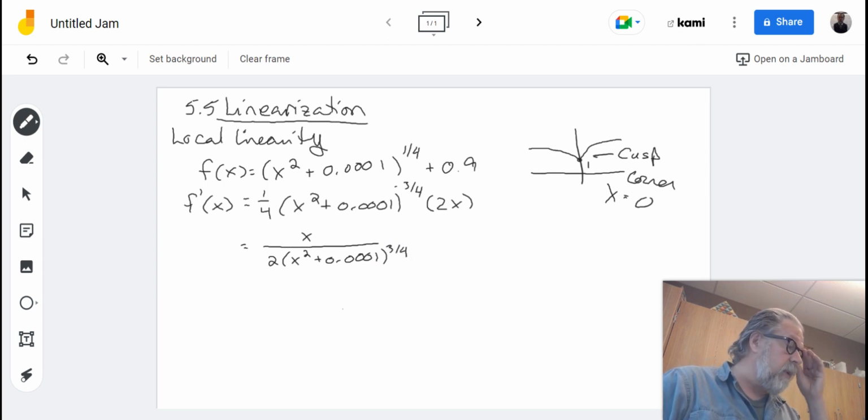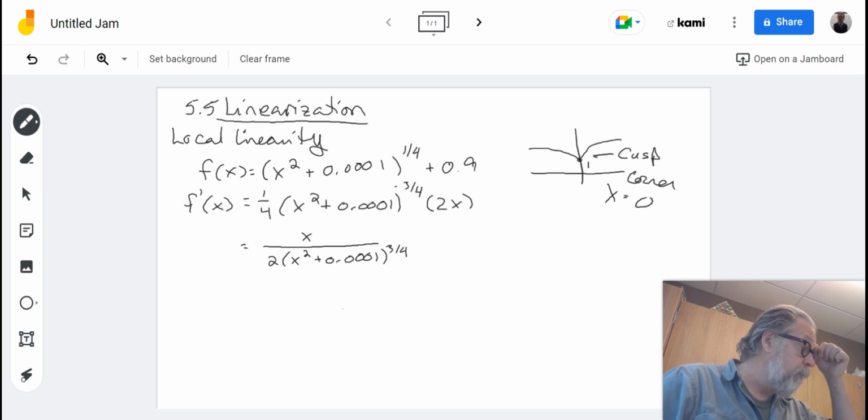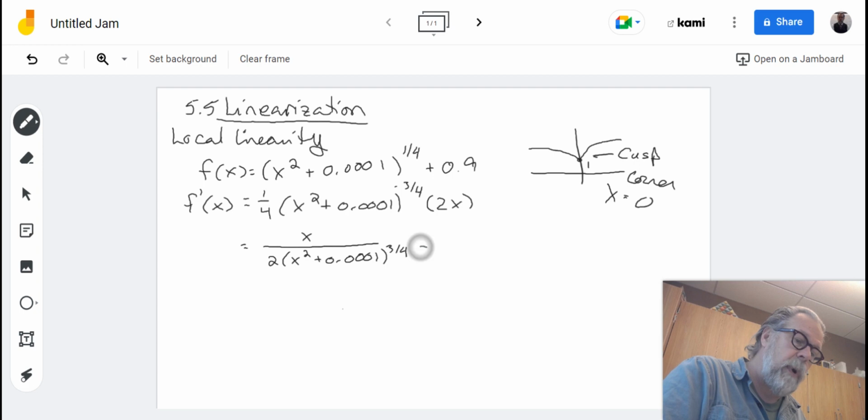And what we notice is that the denominator is greater than 0 for all values of x. So this part right here is greater than 0 for all x,